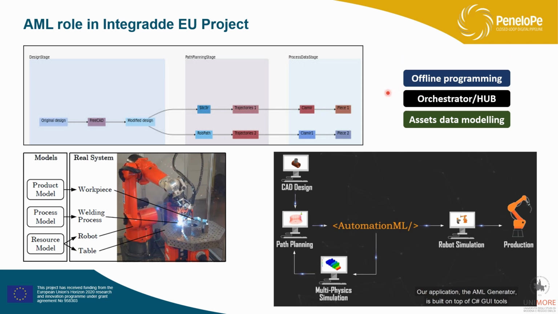And the application is a WAAM process, an additive manufacturing process, a welding process, where you need to describe the system, which is made of a rotating table, the robot, welding gun, and so on. But we have also a part to be realized, so we need to represent the geometry of the part, and we also need to represent the process, which is the path, the deposition path of the metal to build the